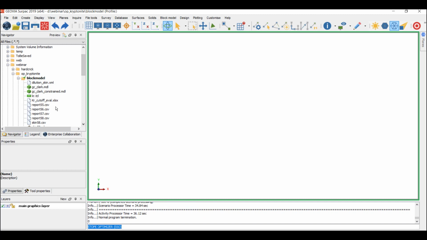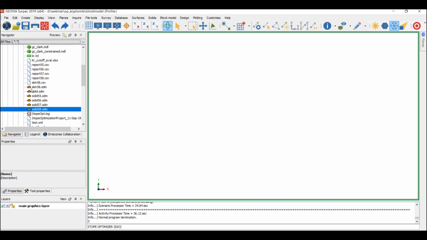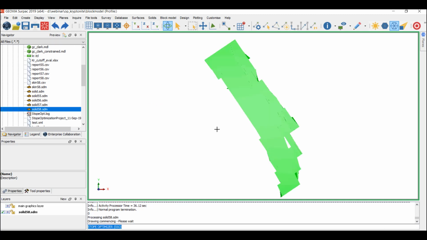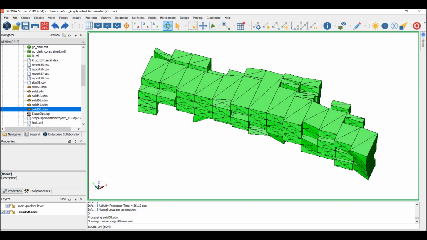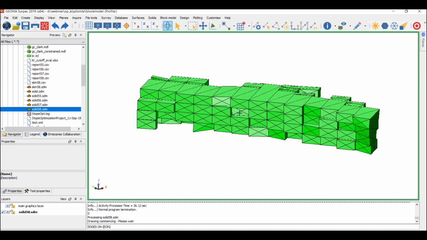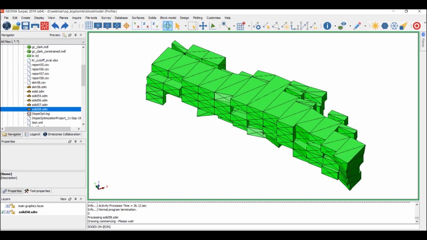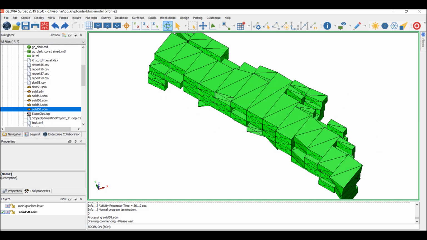Okay, and it's done. So the file that's being created is this file. You may remember that from the form. So let's have a look at what that looks like. And I'll just turn on these. So each one of these boxes represents the bench, and you can see there's the 4 benches that have been created. So effectively, imagine I'm at the southern end, walking from south to north,